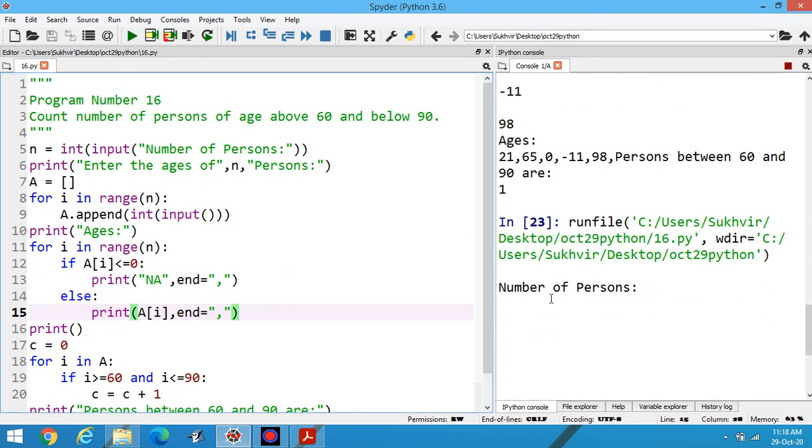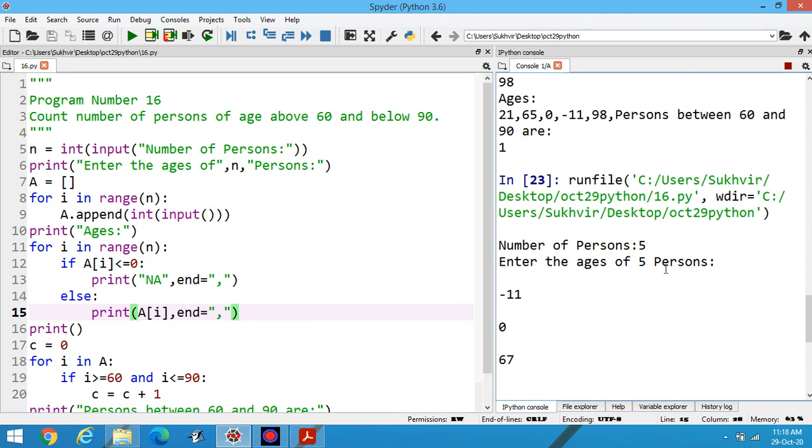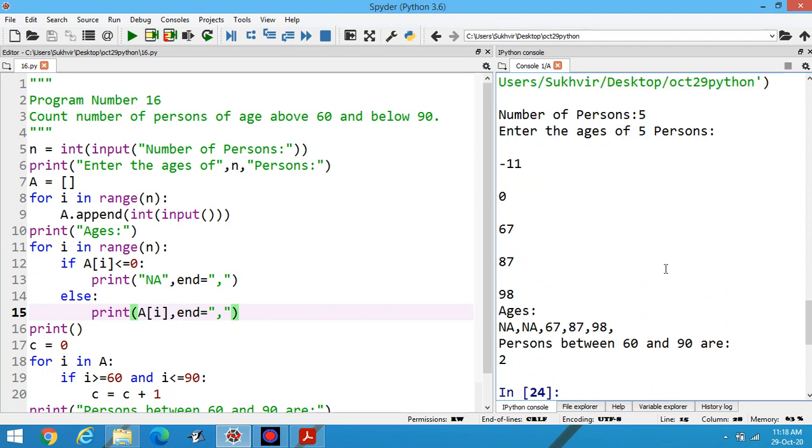Let's again try the program. Number of persons 5, minus 11, 0, 67, 87 and 98. Okay, now it's okay. First one is not applicable, second one is not applicable, then 67, 87 and 98. Two persons are in between the age of 60 and 90. That is 67 and 87.